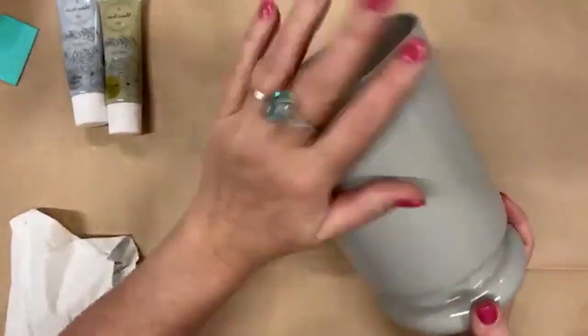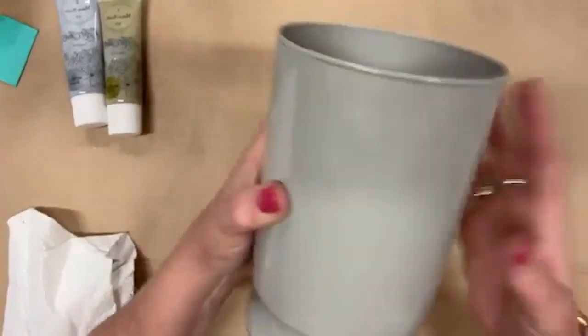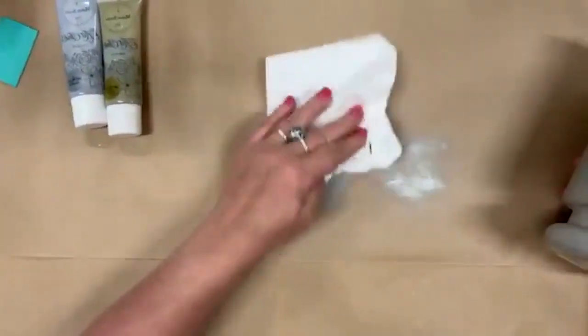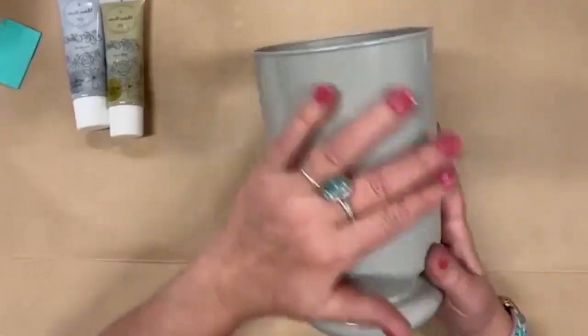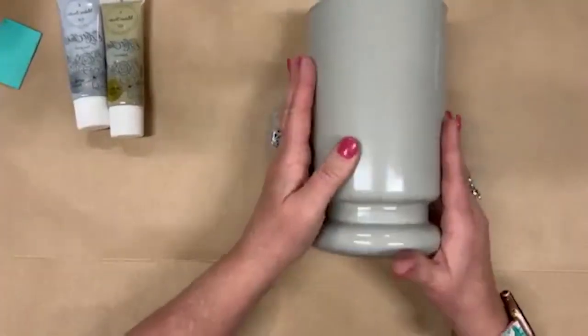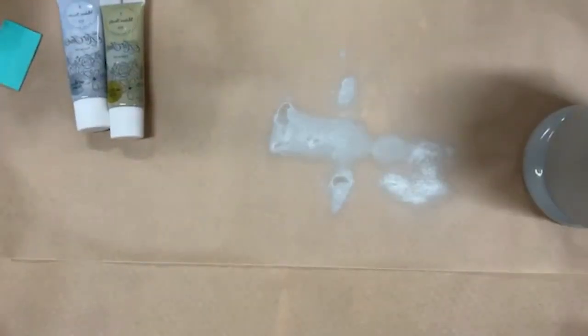Down you go. Okay, I'm going to make sure you can see where I am. We're going to come up a little. Now, ta-da, I've already got one done. So this has 2 coats. This is the inside, so you can see the inside, but I've done that. Now I've got wet paint down here. It's fairly dry. I would say let it dry for a good hour before you do your second coat normally. And so the next thing we're going to do, I'll put this down here, is we're going to